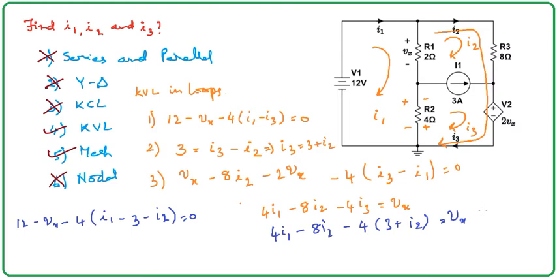Even we can remove Vx also. So how to get Vx? Vx is in this direction, so Vx is equal to resistance times current. The voltage is in this direction, so the current should be in this direction only. This is I1, and I2 is in this way, so the current should be I1 minus I2, simply I1 minus I2.